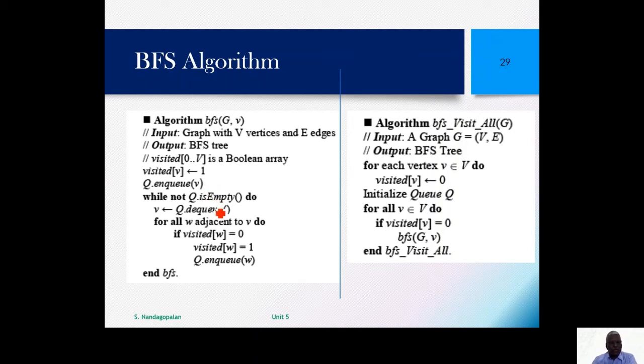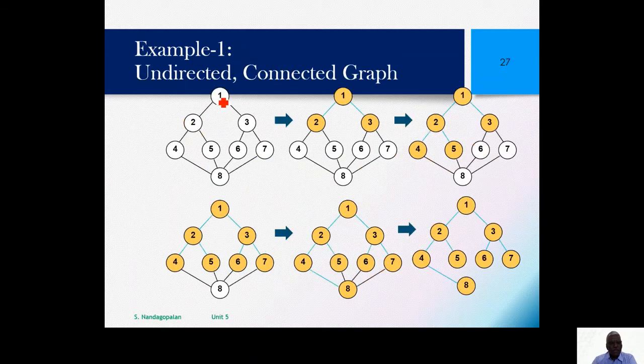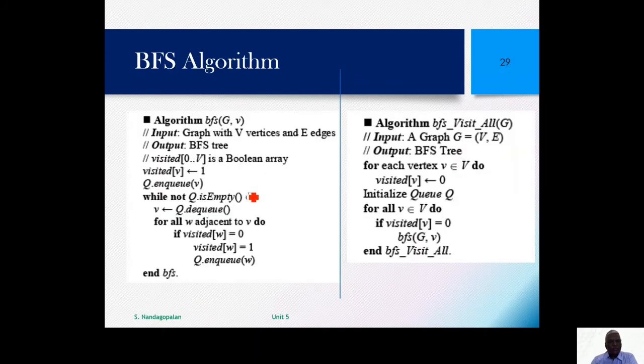So we try to delete that. We can see here, this is the statement. We try to delete that, and this is the current vertex. So for all vertices W adjacent to V. So supposing if this is 1, all vertices, so this is W1 and this. Now we need to explore each and every vertex.